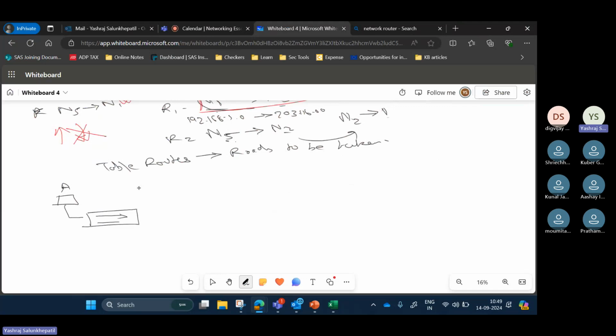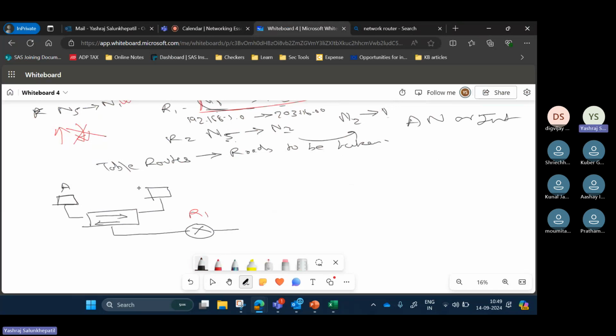तो वो जो switch मैंने दिखाया था अभी वो connected है and उसको एक और PC connected है. ठीक है, this is for local communication, but I want to connect to another network or internet. Okay, so then this is router 1.